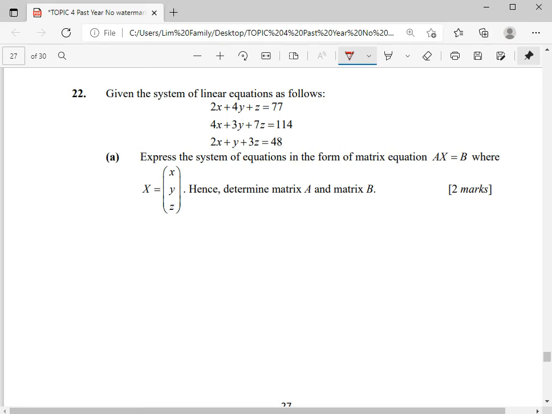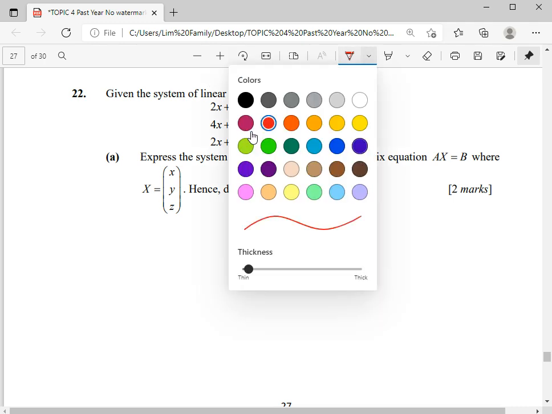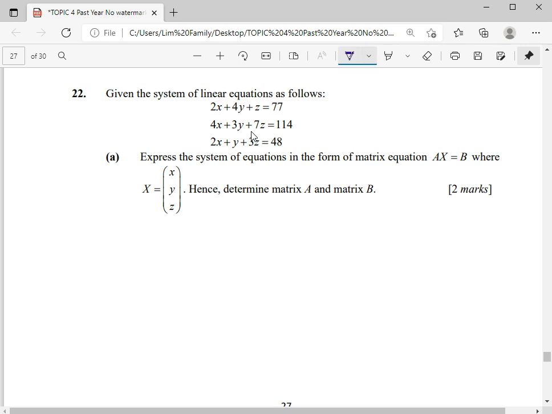Okay, so for this question 22, they give us a system of linear equations already here. From here, we have to express this equation in the matrix form, in the matrix equation, where A represents the coefficient, X is the unknown, and then hence determine the matrix A and B. So